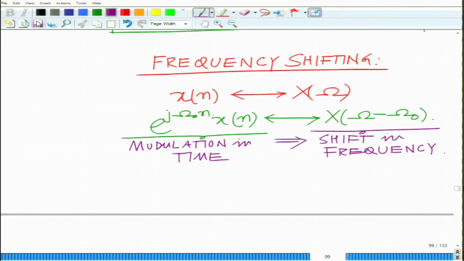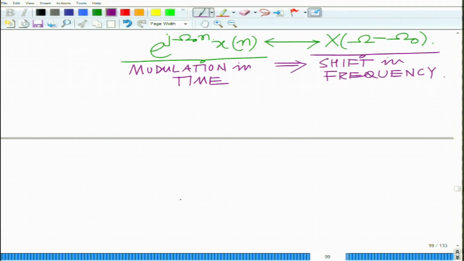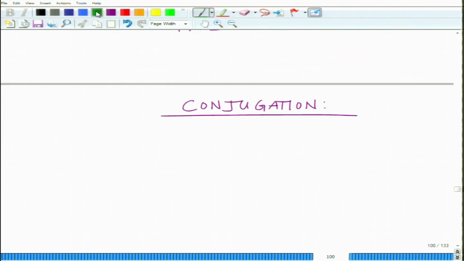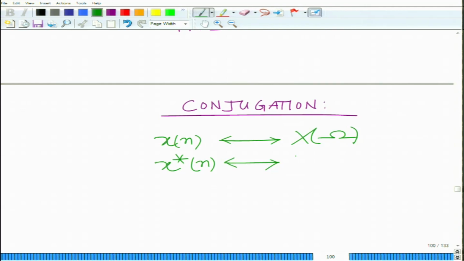Implies a shift in the frequency domain. Okay. Conjugation: when you have x[n] with DTFT X(omega), then x conjugate [n] has DTFT X conjugate of minus omega, and therefore, this naturally implies